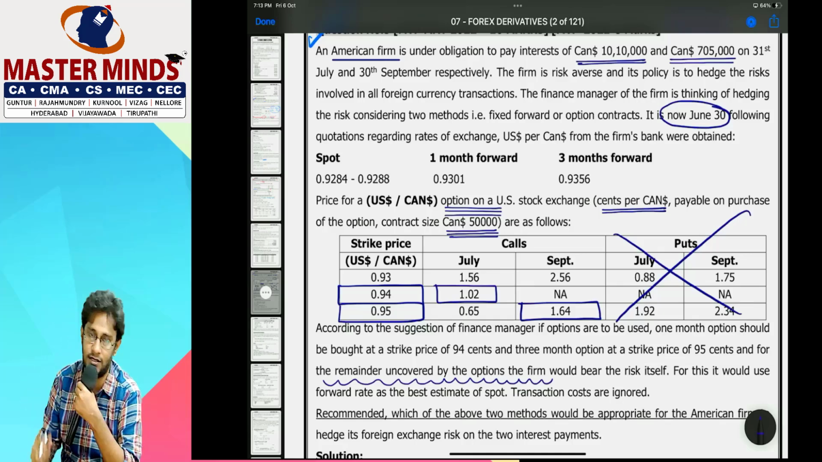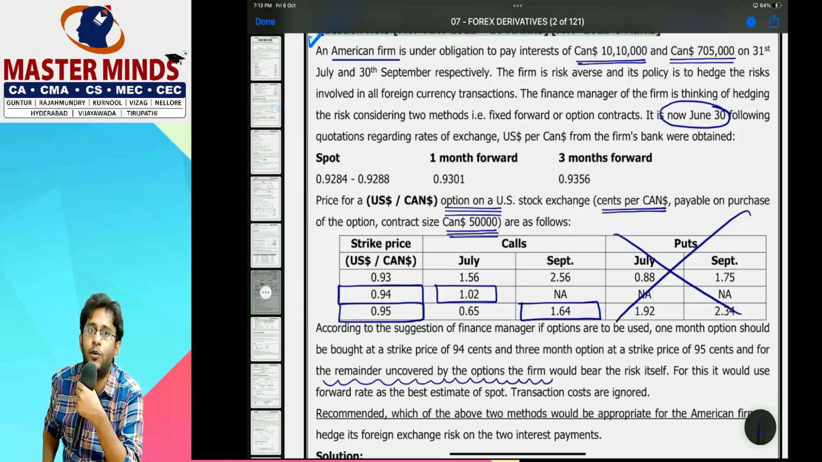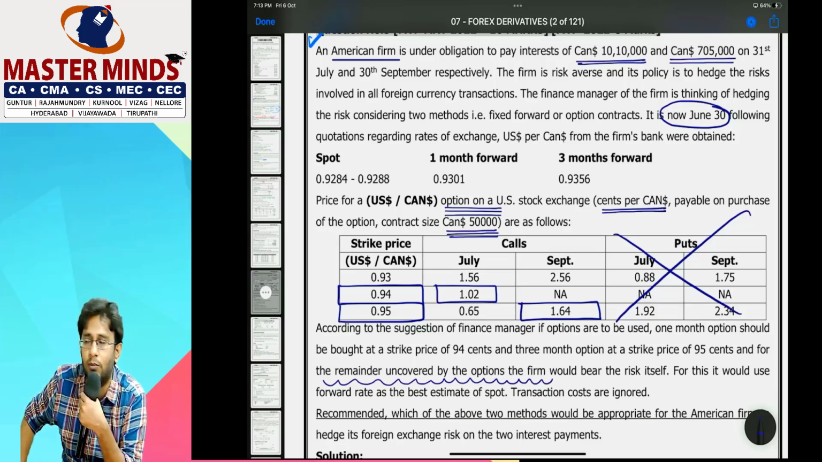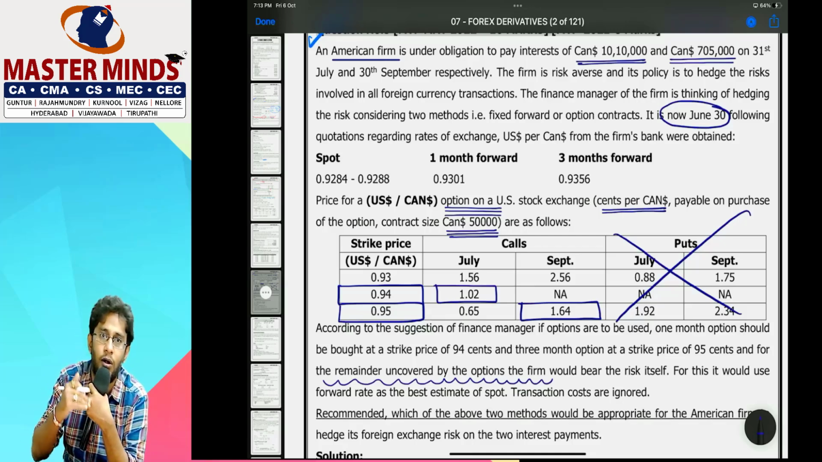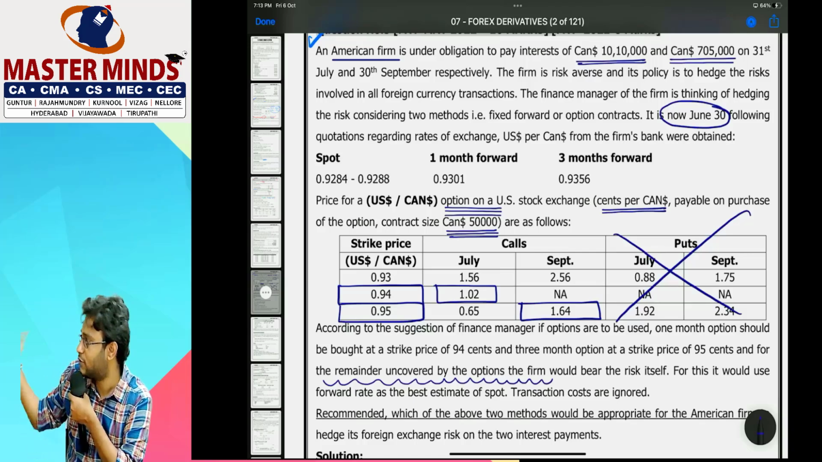This lot size is there. Take your calculator, sir, and write CAN dollar 10 lakh 10,000. That is the amount of FC you have to hedge. One contract hedges 50,000 CAN dollars. Divide by 50,000, you get 20.20. Tell me, sir, can you enter 20.20 contracts? You can either enter 20 or you can enter 21. He says,